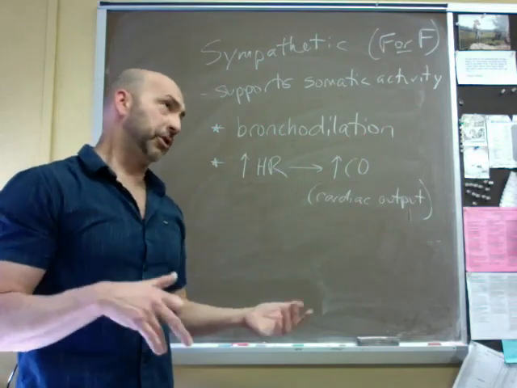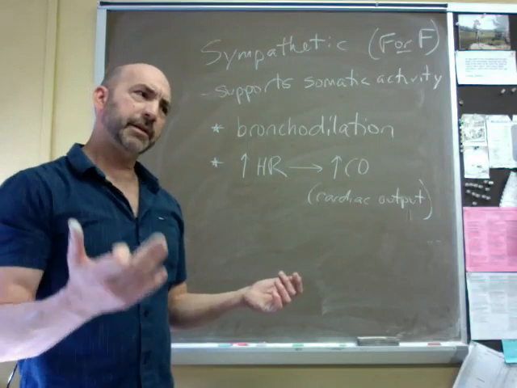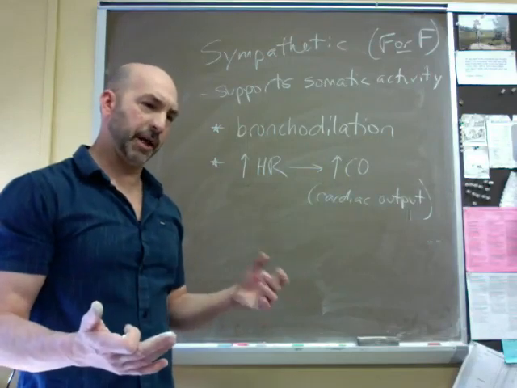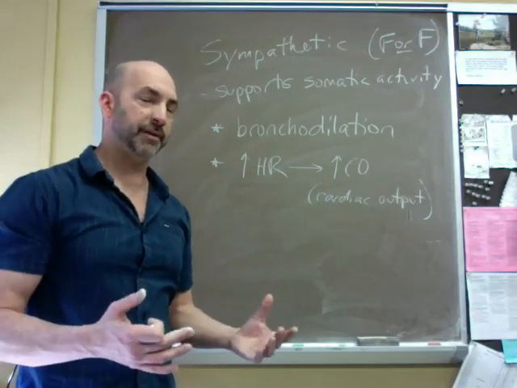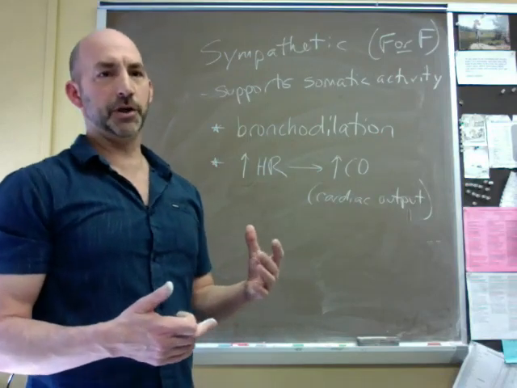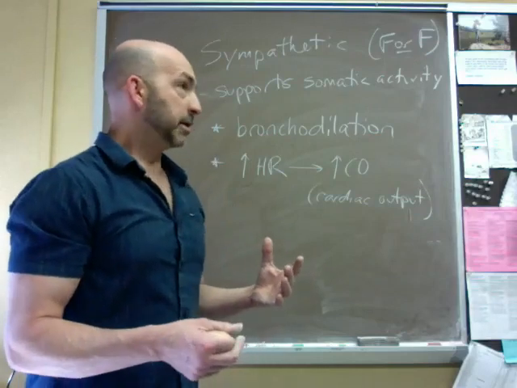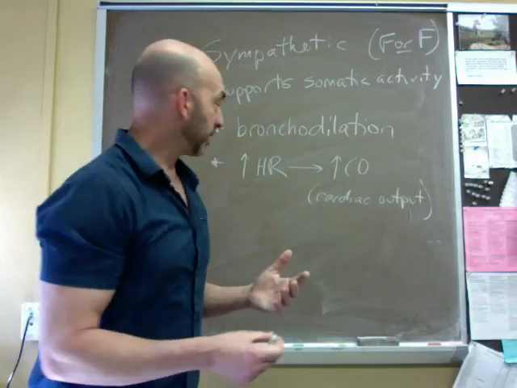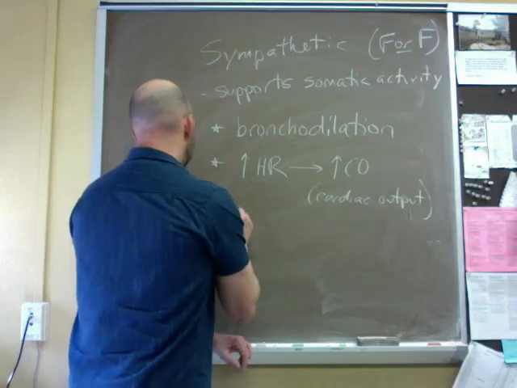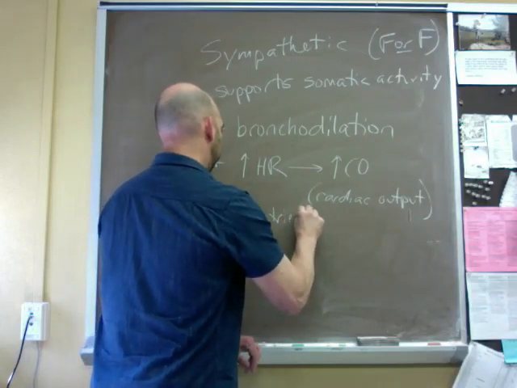Okay, well, we need more oxygen, we produce more CO2. Where's that CO2 coming from? Well, that carbon and oxygen comes out of the nutrients that we eat, right? We have to release bond energy to make ATP in our cells. And so we actually need more nutrients as well. So we're going to have an increase in nutrient release,